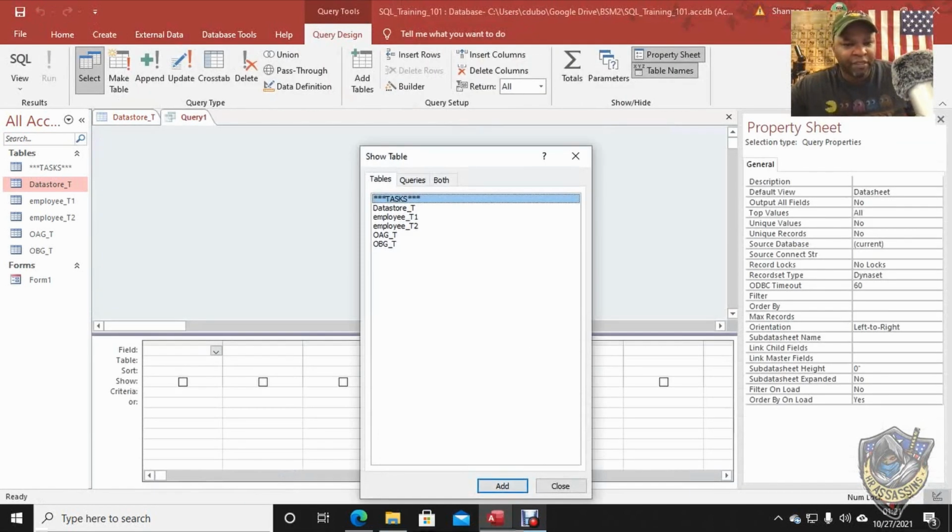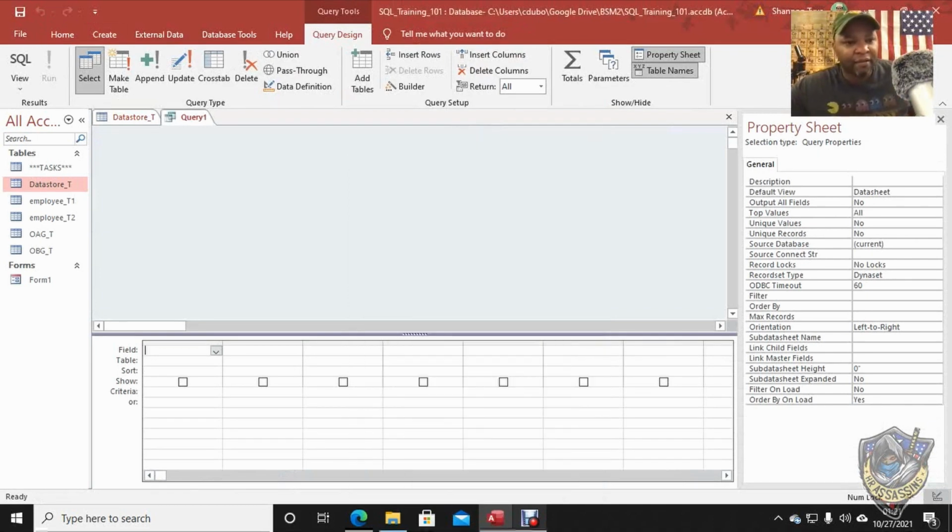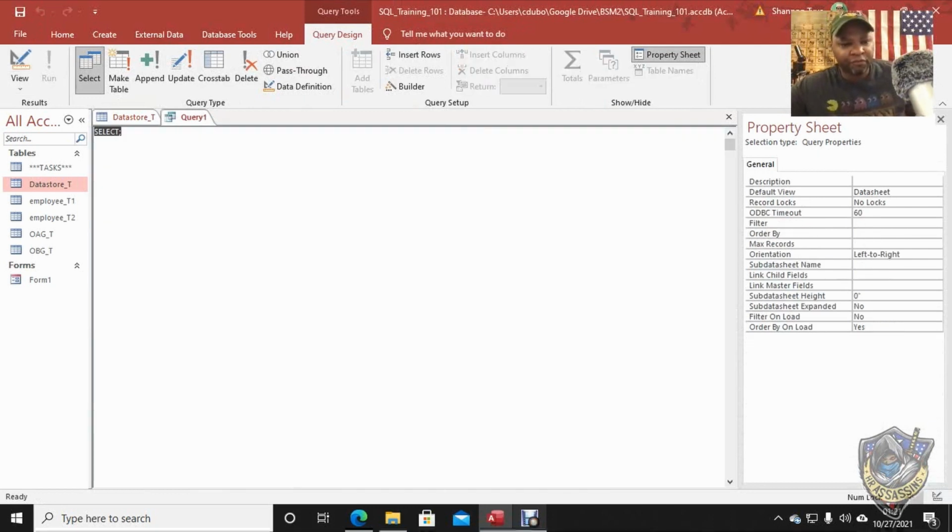I'm going to go to query design. I'm not going to use the GUI. We can do it later. If somebody wants me to do it that way, I can. But I'm going to write this in SQL. I'm going to start from scratch. And this is not a class on SQL. I'm going to go back and bring you guys that at a different time. But what I'm going to do is